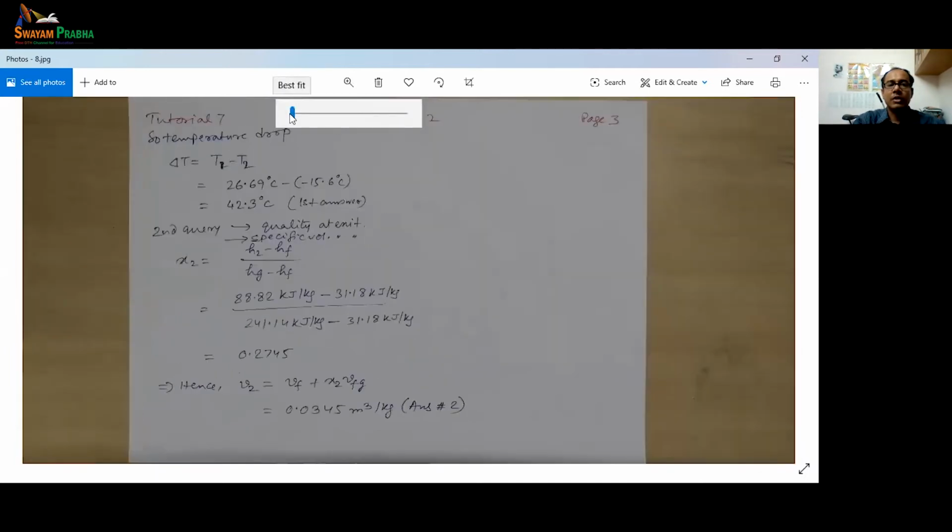So this problem gives you a complete view of the throttling process, why it is an isenthalpic process, why the temperature comes down due to the pressure coming down, and what it physically means. Okay, let's go to the next problem,